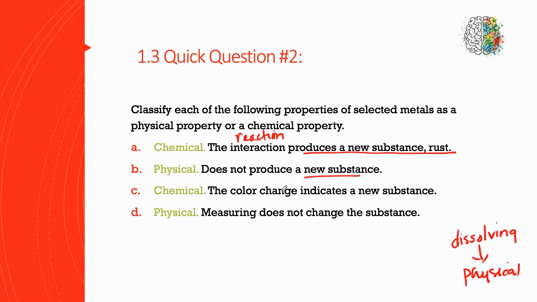This nickel metal changing from a metal color to a green substance indicates that there's probably a reaction going on here. Okay, so the color change indicates that there's a new substance, but